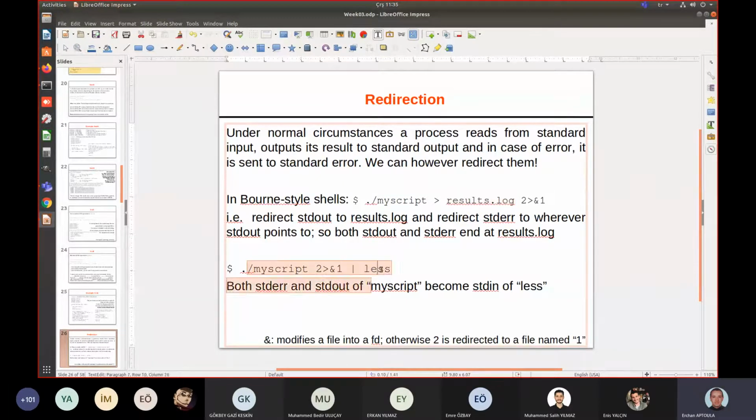Or another example, we are telling it to execute the MyScript script located in the present directory. We are telling it to redirect standard error to wherever the standard output is. And we are telling it to get the output of this command and give it as input to the command